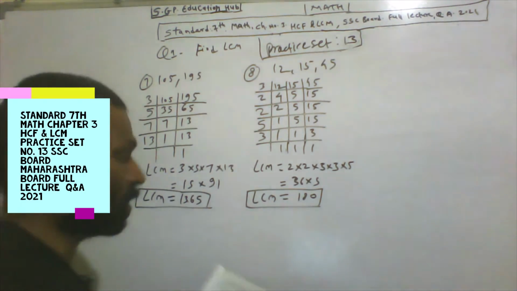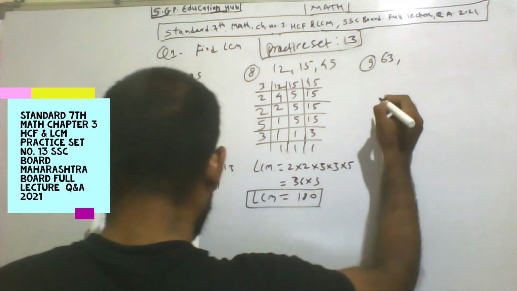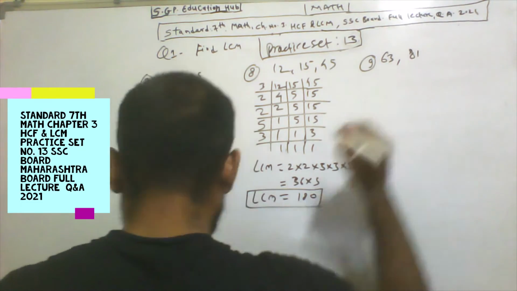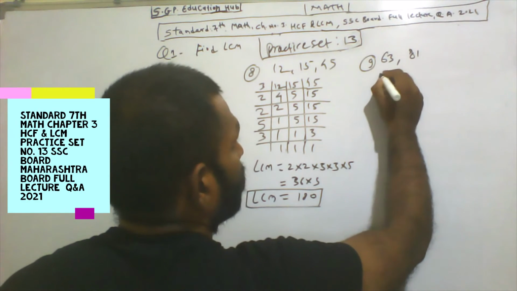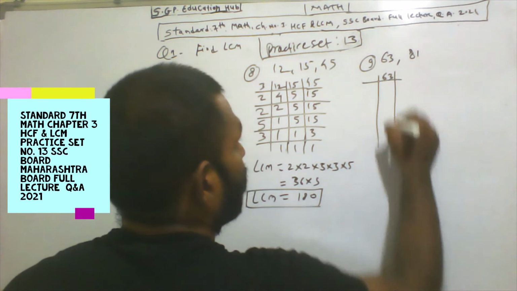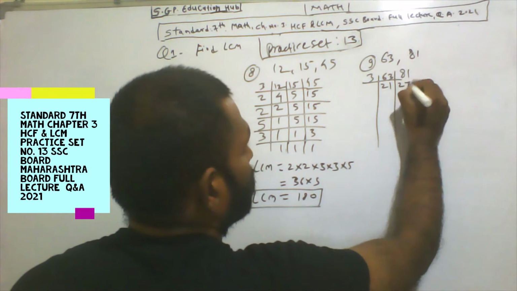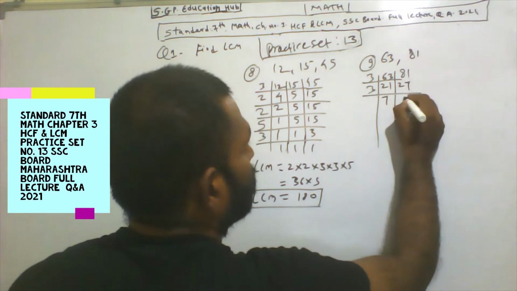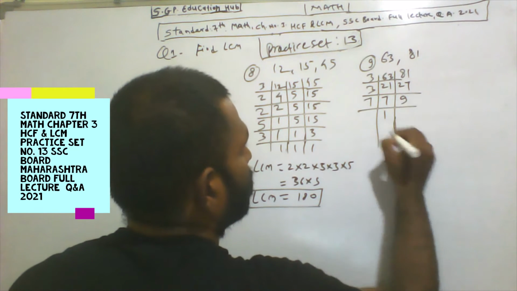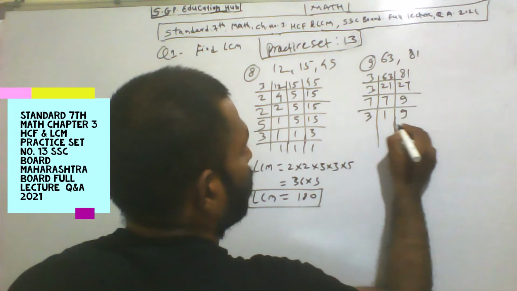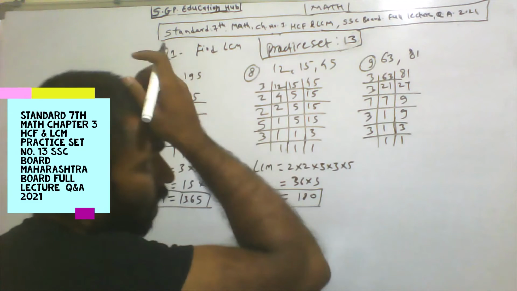Now question number 9. 63 and 81. 3 twos are 6, 3 ones are 3. Okay, 3 twos are 6, 3 sevens are 21. Now 3 sevens are 21, 3 nines are 27. Now 7 ones are 7. Then 3 threes are 9 and 3 ones are 3. Okay, the answer is LCM is